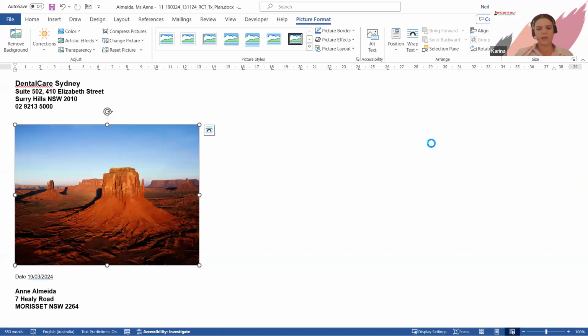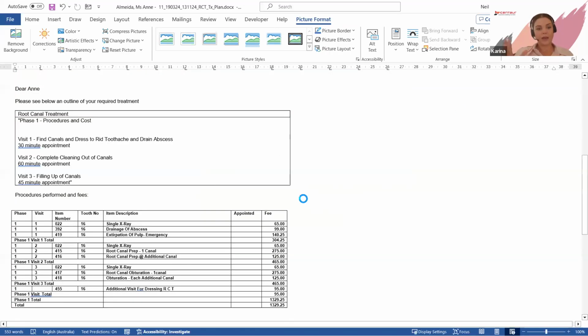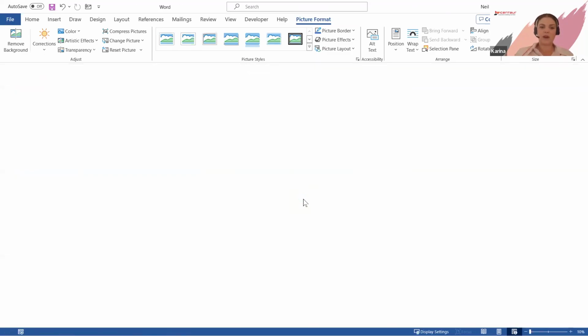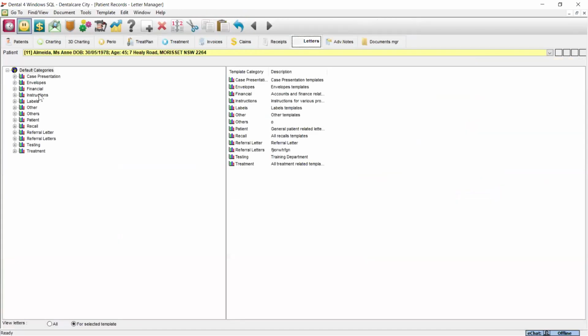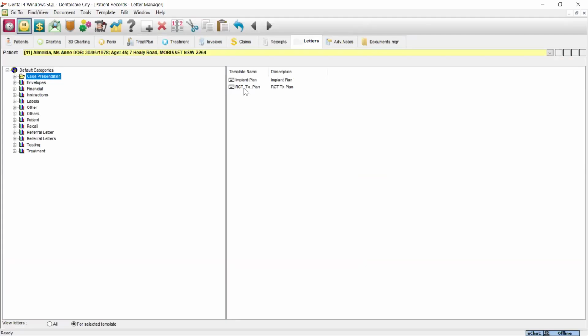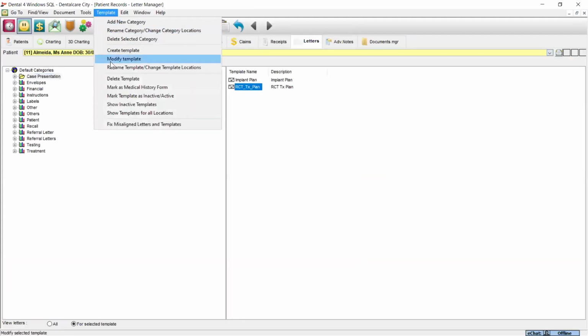So when we set up the example of a root canal treatment plan, or case presentation letter, I should say, this is just one example of many that you would set up in your practice. You may have one for root canal and a crown, one for just a crown, or, like you've asked, orthodontic work. The main reason you would do different templates for each type of procedure is that you might have different text in it relating to that procedure. So you might have post-care, for example. So if I go into the root canal one,